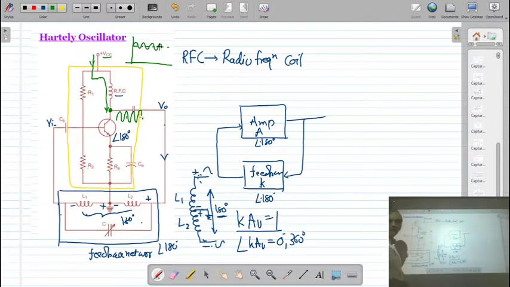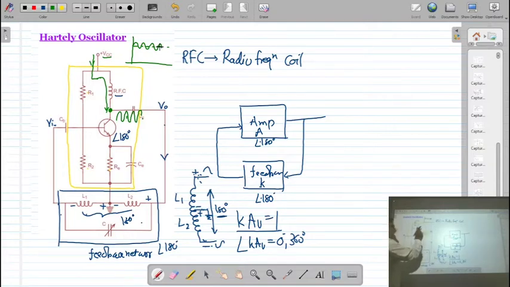Or you can say that my oscillating frequency has entered into the power supply, and sometimes it can corrupt the power supply, in the sense that this power supply is also used for some other circuit at the same time. Then my DC voltage is fluctuating, so the output of the other circuit will also change. So here, to protect the power supply from this high frequency